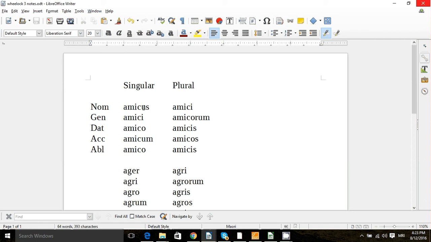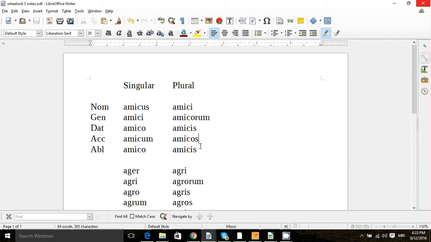So we have in the nominative singular amicus, and then genitive singular amici, dative amico, accusative amicum, ablative amico. And then in the plural, amici, amicorum, amicis, amicos, amicis. So the endings are us, i, o, um, o,